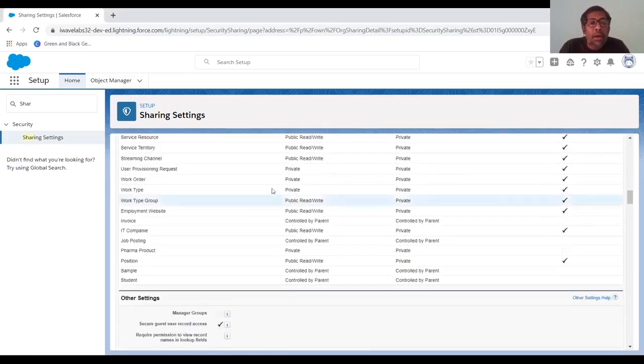Now check whether it has changed or not. Go to the pharma product and you can see whether the changes have happened. The changes are now reflected. It takes some time. At the same time, you can go and check your mail ID to see whether you got a mail or not. Now this is all about organization by default. Organization by default is nothing but restricting other users, internal or external, from accessing your object, right?